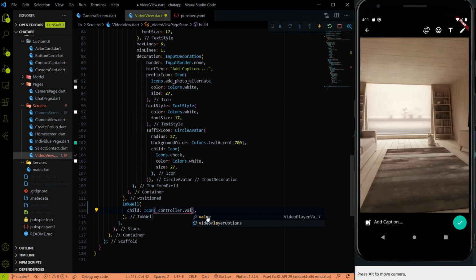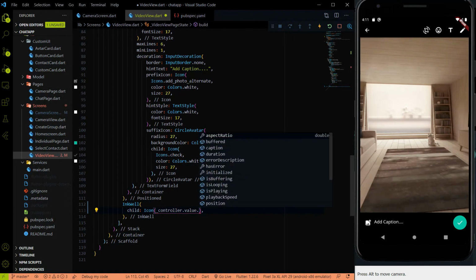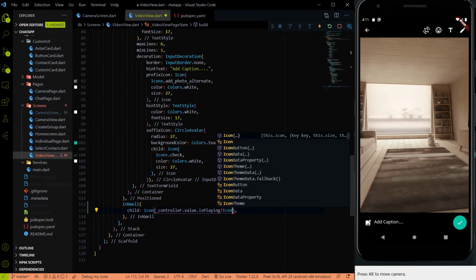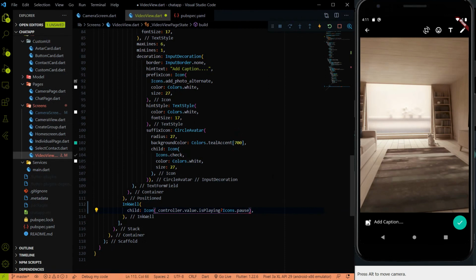The controller has the value property, and if the controller is playing, which means we have to show the pause button. So if we are playing the video, then we have to show the Icons.pause button. And if the controller.value is not playing, which means we have to show the play button, Icons.play.